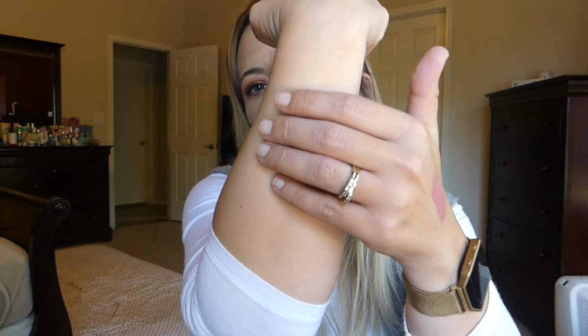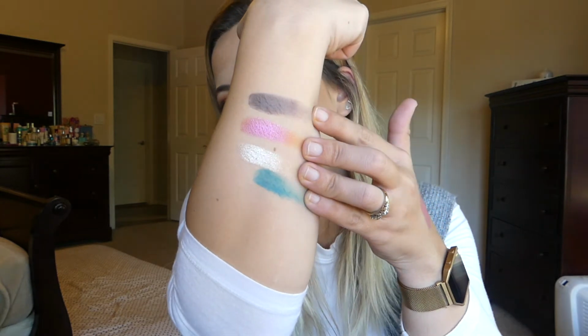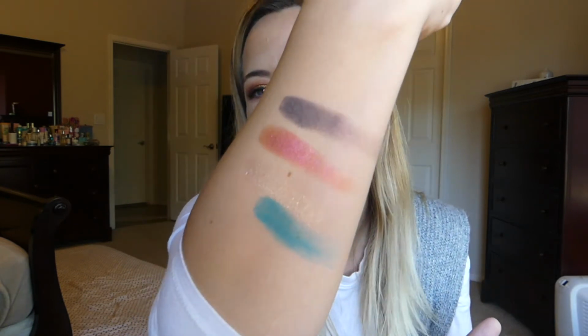Just do a couple shades here. So the shimmers are like amazing. The mattes are okay. It is just a finger swatch though, so I always like to say that a finger swatch is very different than a like actual eyeshadow on a brush. I'm gonna go ahead and try to deepen those up just to see if I can